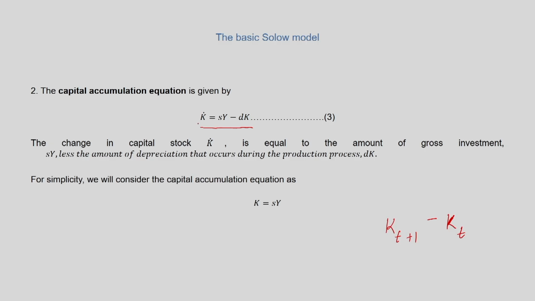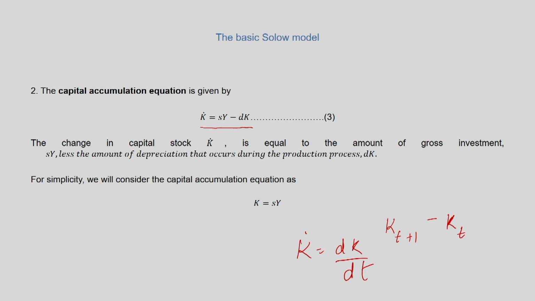So this K dot is telling us how much capital stock has changed over a period of time, and this K dot is basically dK by dt. It is showing how much capital has changed over a period of time. The second term, sY, as I've already said, represents gross investments, and following Solow, we have assumed that the workers